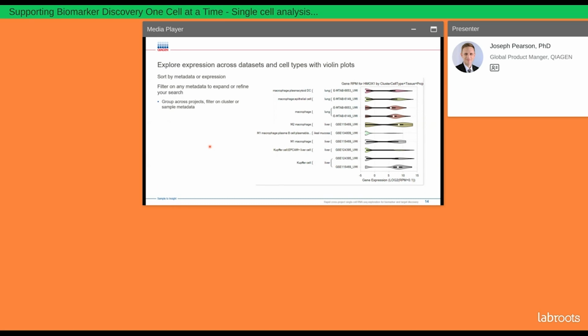Using the extensive metadata, you can regroup the violin plot, looking for a gene such as HMOX1, and organize it to help understand and make sense of the data sets that you found. So in this example, we've regrouped on the cluster cell type, so we see the specific manually curated cell type of multiple types of macrophages, including M1 and M2 macrophages, as well as the tissue-resident Kupffer cells that are found